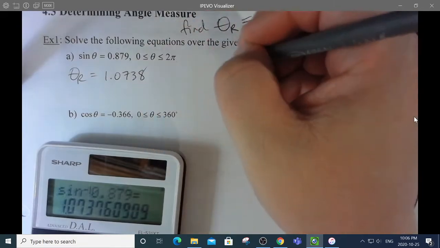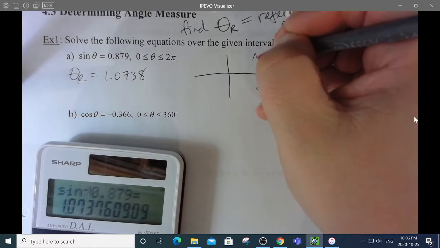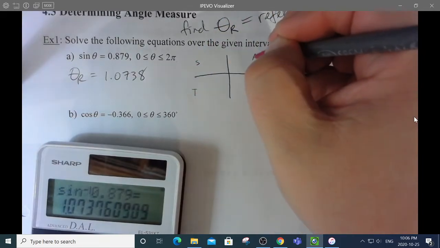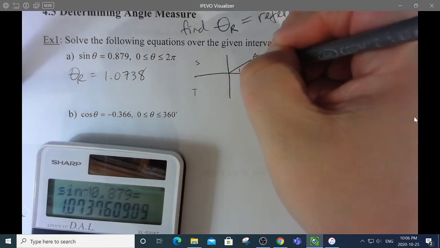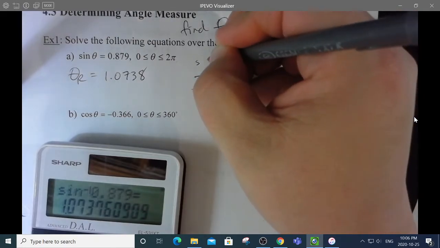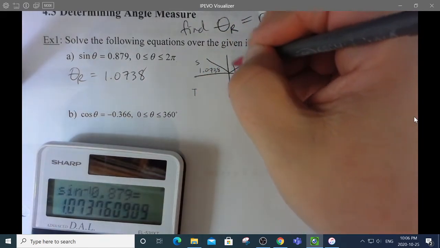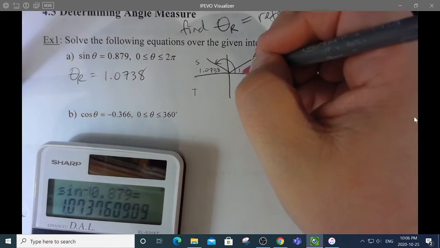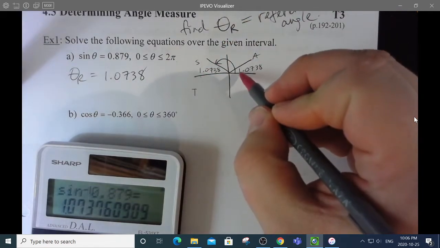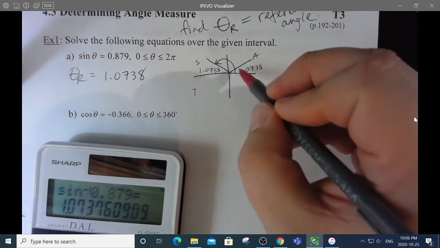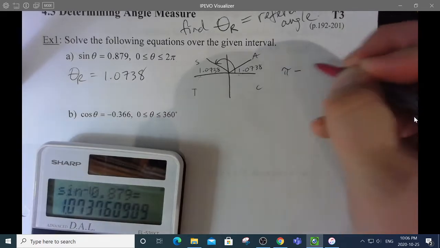That answer, that reference angle, happens when sine is positive. And sine is positive in 2 quadrants, here and here. So that 1.0 can happen here, but it could also happen here. And you're probably wondering, how do I figure out how big that angle is? Well, remember, all the way to here would be pi. So starting here and going all the way to there would be pi. So this angle here would be pi minus